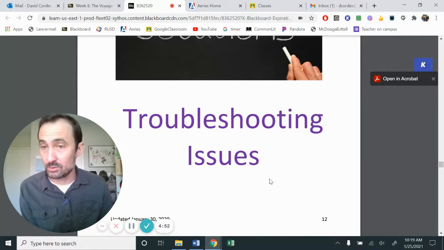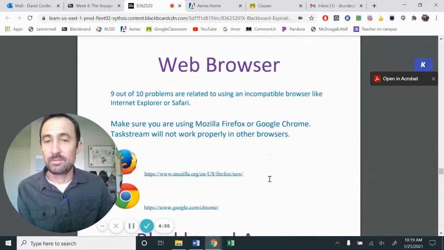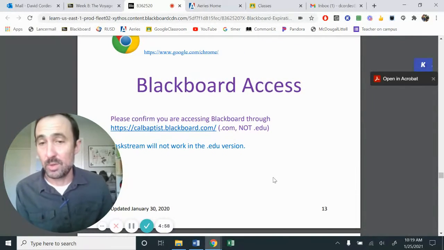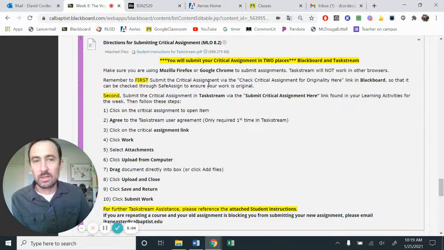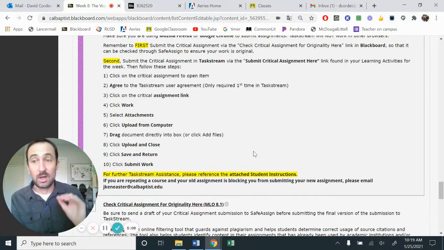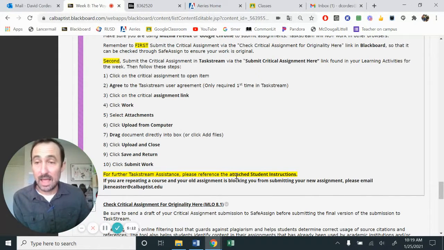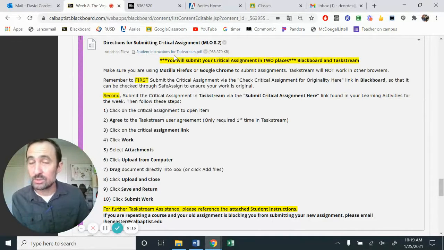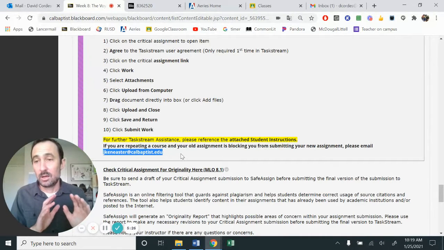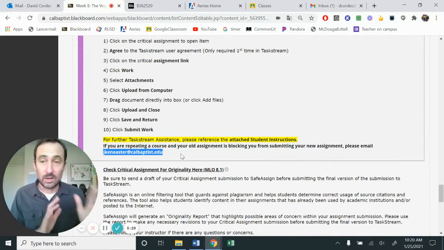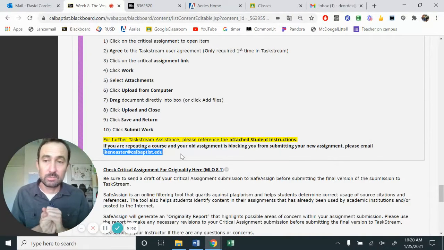There is a portion for troubleshooting issues. A lot of times you can figure out what is going wrong based upon what has been outlined here. Okay. When you go through, please make sure that you are following these and allowing yourself time. I personally am not a tech wizard. If you have problems with TaskStream and you are not able to troubleshoot, or you're stuck on one thing and it's not working, please email the email here for our technicians in Blackboard and OPS. They're going to be the ones to help you with a technology problem.